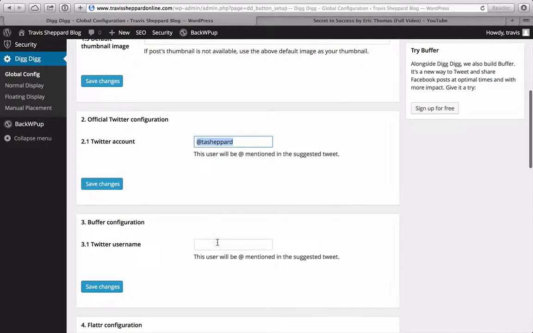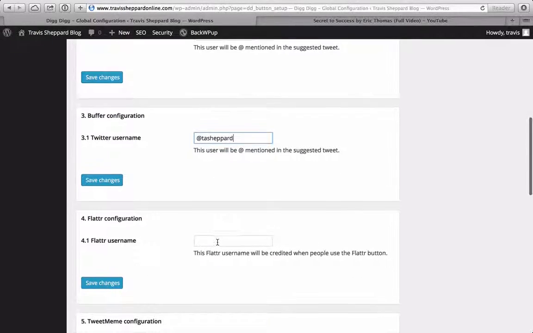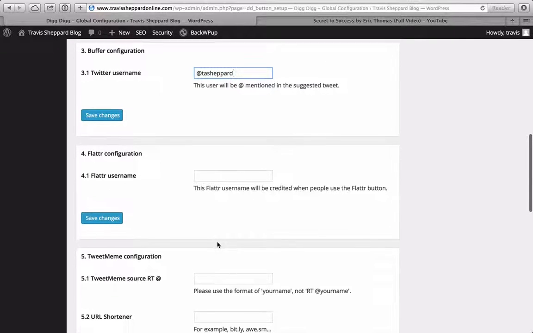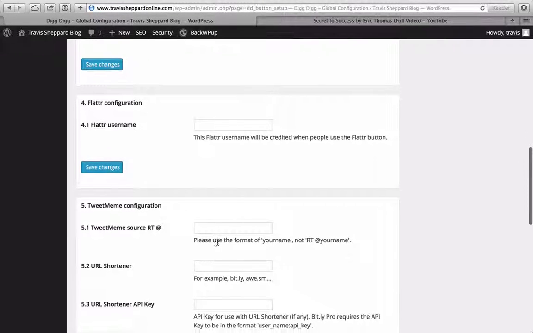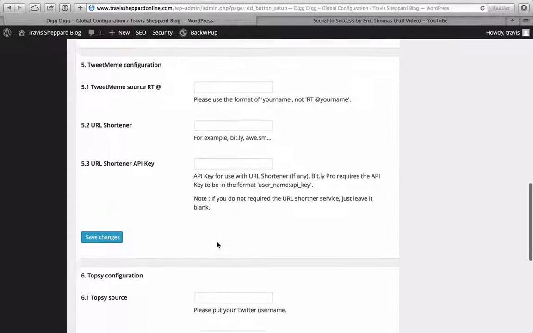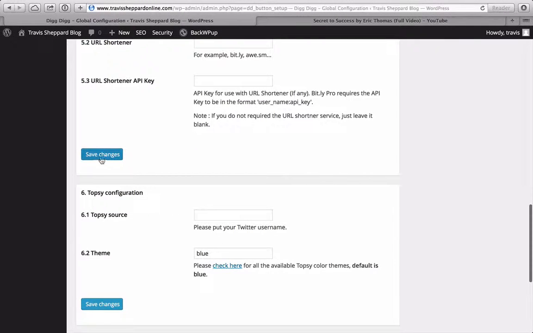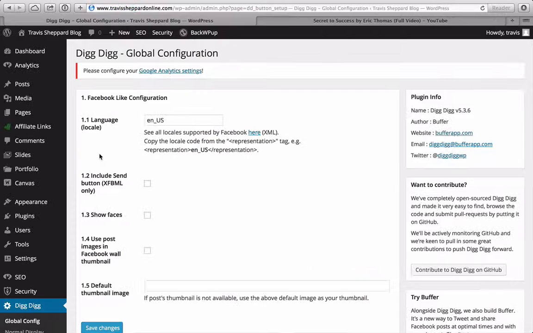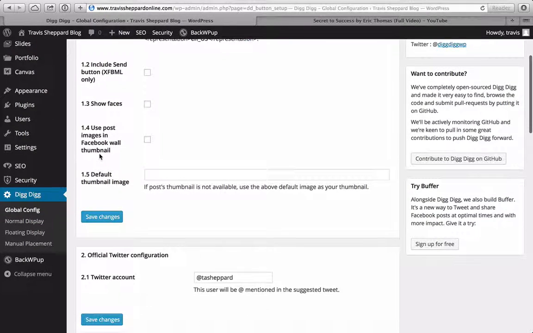And again for buffer here. And then the other ones I don't use, the flatter and the tweet me. And then what we're going to do is just save changes. And then from there we're going to go to